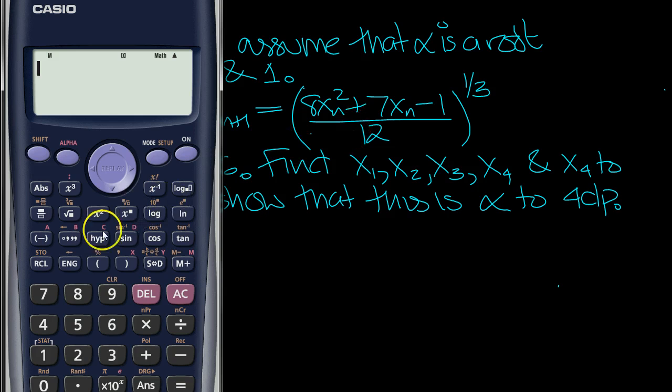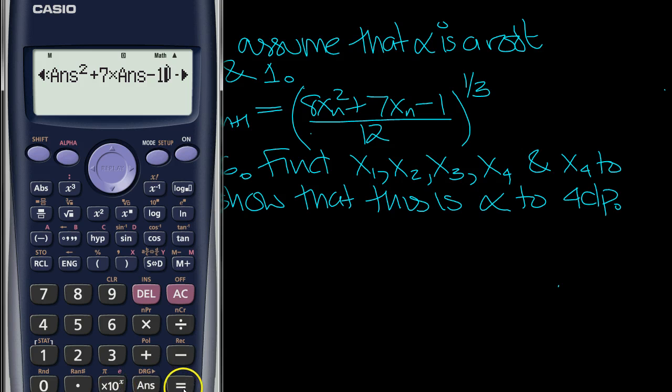And then we'll write this formula. So it's that power third, and inside the power third is a top value divided by 12, isn't it? And in the top value is 8 times ans squared plus 7 times ans